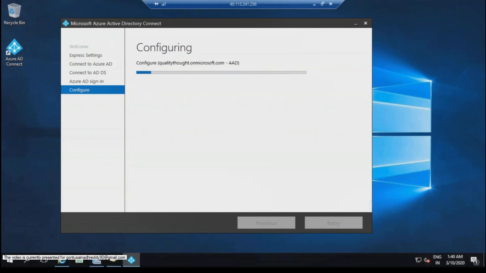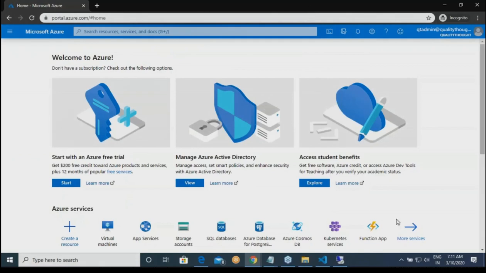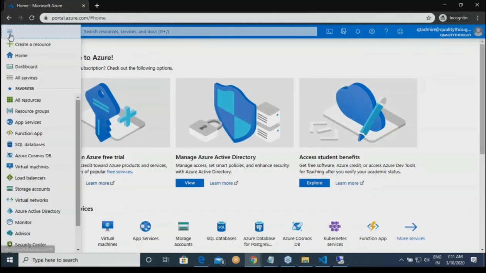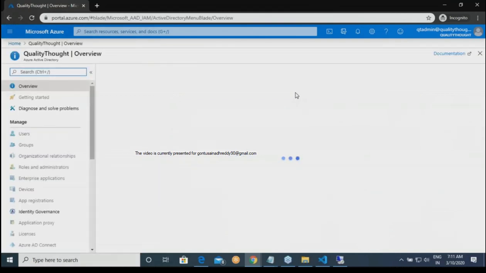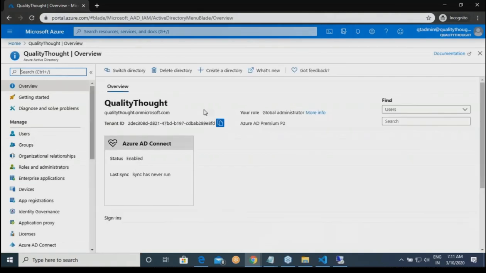So in my domain, AD Connect is configured. It will take time. Now let us see what Azure AD states.